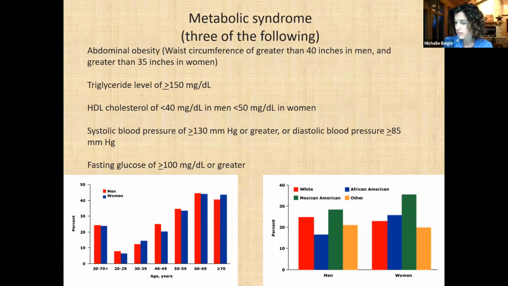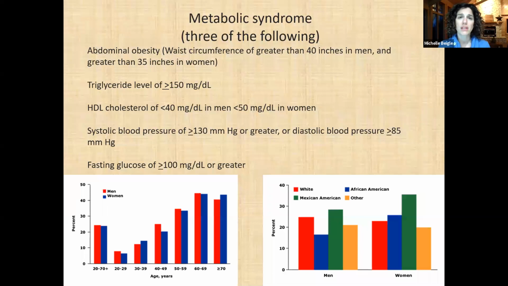So other than diabetes, there is something called metabolic syndrome that is relatively common in the United States. We know that 22% of Americans suffer from metabolic syndrome. And this is a bit of a precursor to diabetes. It is not quite the same as impaired fasting glucose, because you can see that in order to diagnose you with metabolic syndrome, you only need 3 of the things that are listed here, fasting glucose over 100 being one of those. But you could have 3 of the other 4 components and still